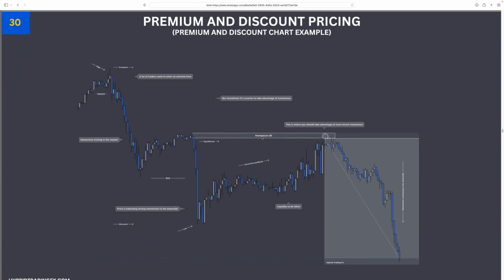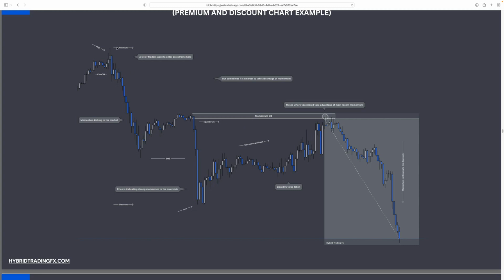Okay, so you're taking advantage of that most recent momentum. Okay, guys, here's another example. You have a high here, lower high here, lower low here. You have impulse, correction, impulse, and you have this corrective pullback, building liquidity on the way up, and you see this beautiful example of beautiful execution. Again, I told you earlier that it is better to use this zone as a reaction, okay, not execute straight